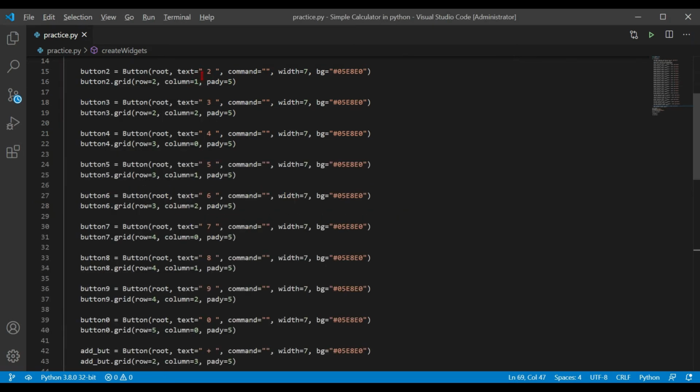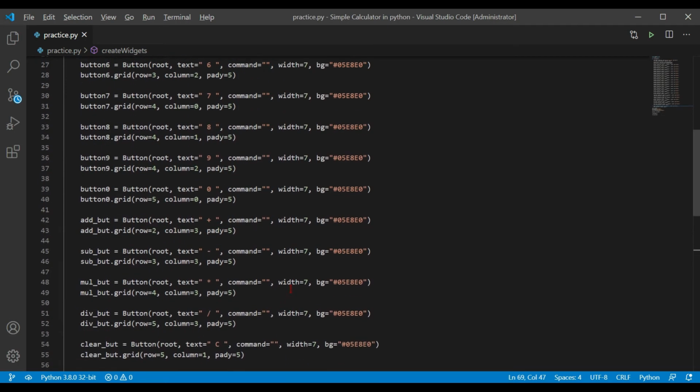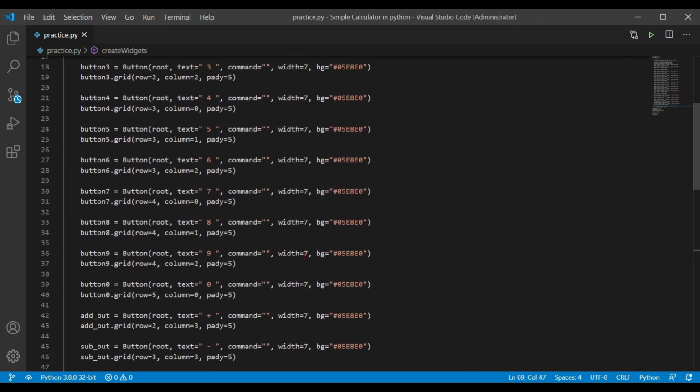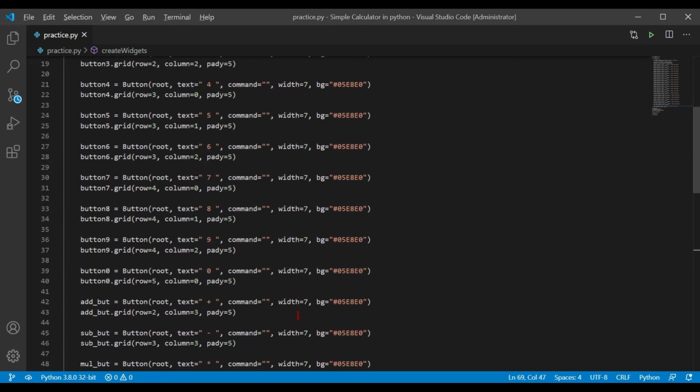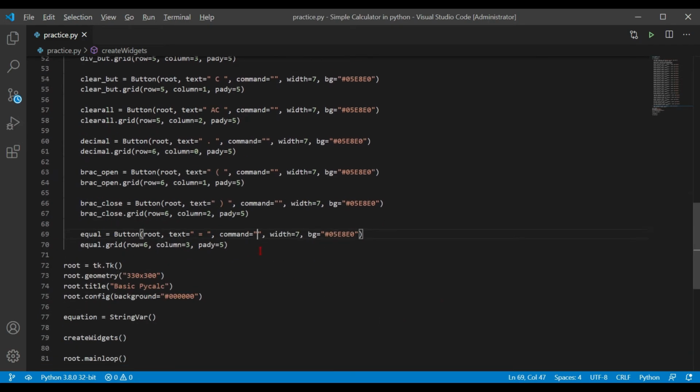So now we'll be declaring one function for inserting all the buttons in this entry box. That would be the same function for all the buttons that we want to insert in that entry box, like buttons 1, 2, 3, 1 to 0, and for add, minus, multiply, divide, we need to add these expressions to the entry box. So we'll be providing the same function for that. I'll name my function press.